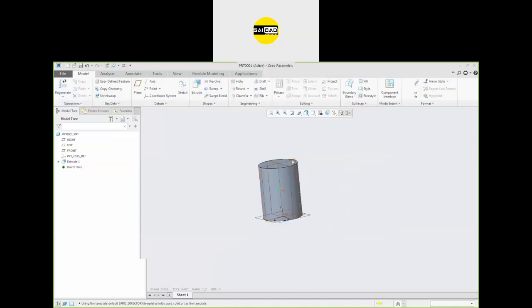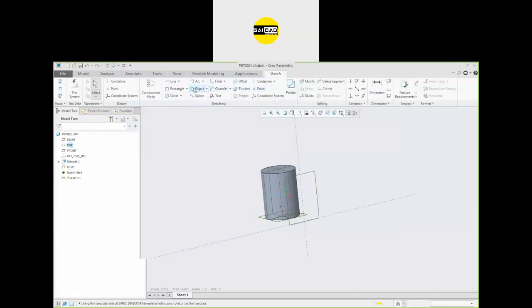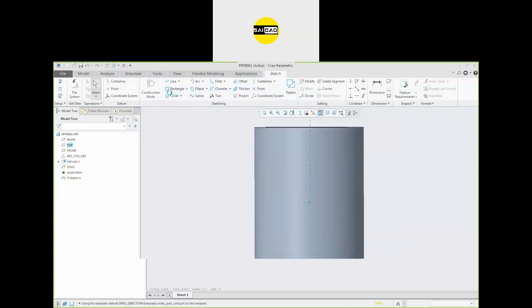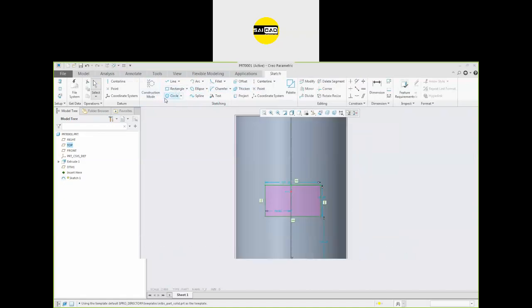So after that, create a plane outside. Now create something here. I want to create a shape, like a plot.